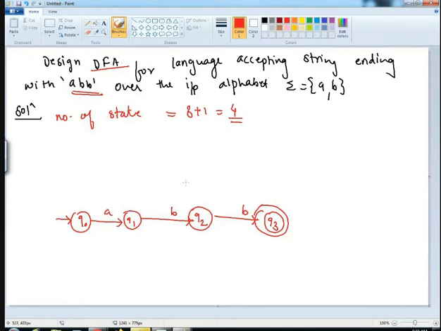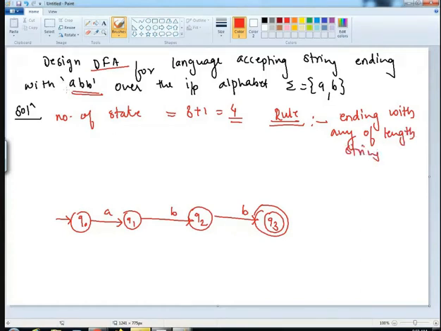Regarding the number of states, the rule is that the number of states required for a string ending with any substring: इसका जो rule था, जो मैंने लिखा था, if you have a DFA ending with a string of any length, जैसे कि यहाँ पर ABB, 3 लेंथ है, तो number of states required will be 3 plus 1.